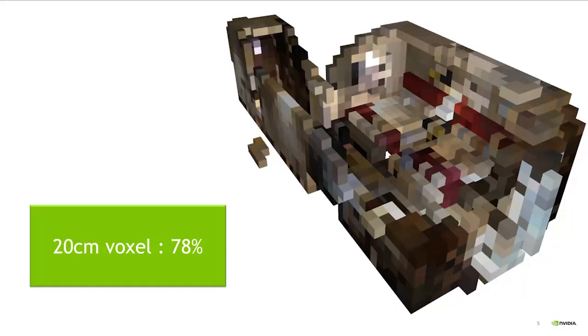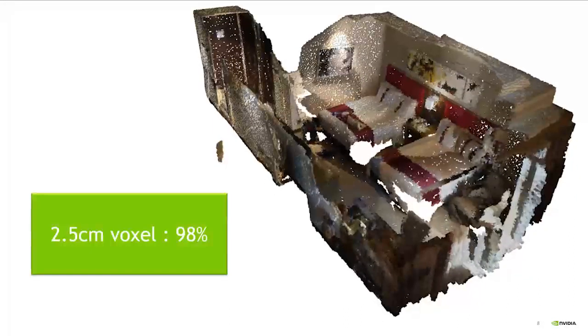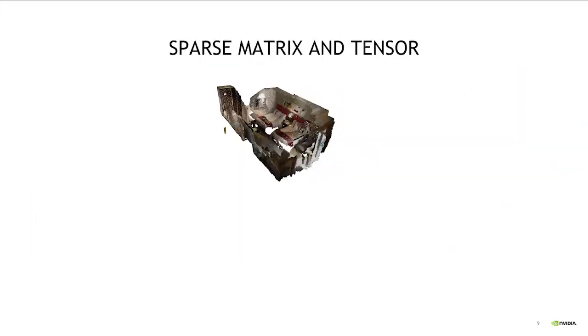If we use 20 centimeters for the voxel size, 78% of the space is empty. But as we increase the resolution up to 2.5 centimeter voxel, 98% of the space is empty. Thus, if we apply any operators on this dense tensor, 98% of the computations will be wasted on the empty space. Instead, we can only save the non-zero values in the grid like a sparse matrix, but in a high-dimensional